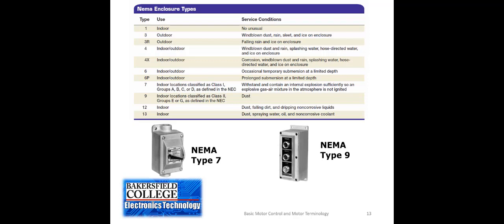But then you have a number of different types, and some of those are for locations where there could be explosive vapors or gases present. There's some that are used outside when you have severe weather conditions. There are some that are really enclosed and sealed against dirt and dust and